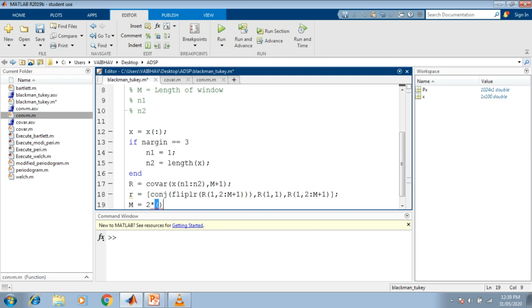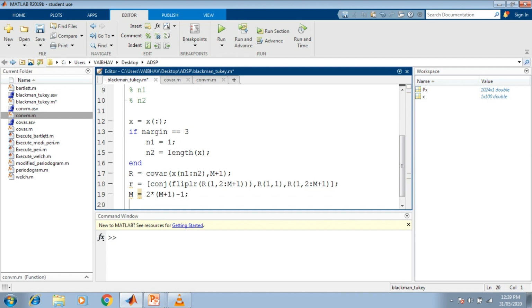Now we have the capital M that we require to be of the form 2 multiplied by, twice of the earlier capital M plus 1, minus 1. Next, for the windows, we initially declare all the values as 1, hence we use the function ones, and the dimensions should be capital M comma 1.